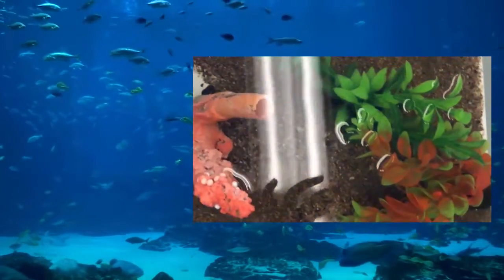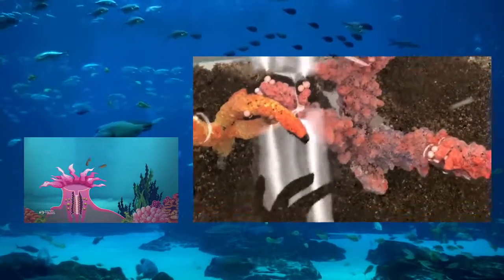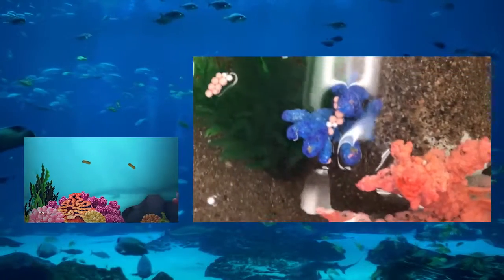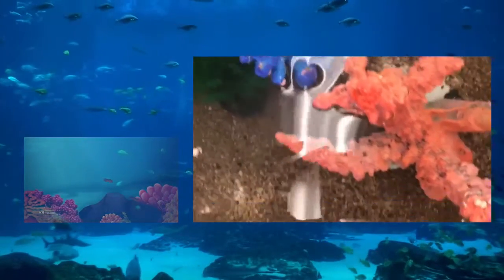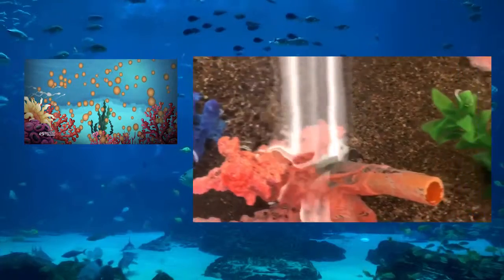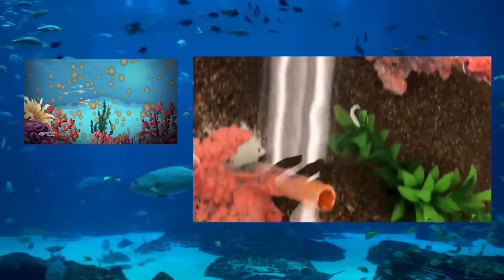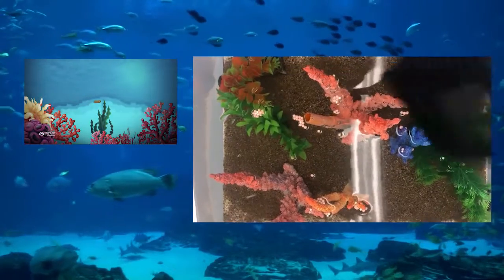So coral reproductive methods vary. Some species, such as brain and star corals, are hermaphrodites, so they produce both sperm and eggs at the same time. Other corals, such as elkhorn and boulder corals, are gonochoric, meaning they produce single-sex colonies. In these species, all of the polyps in one colony produce only sperm, and all of the polyps in another